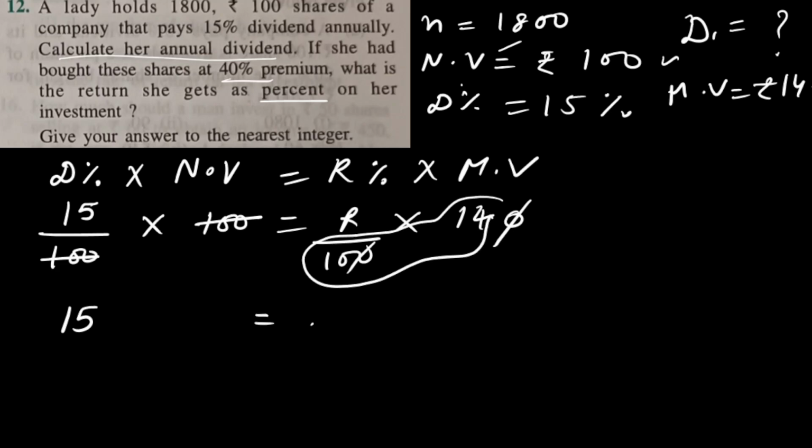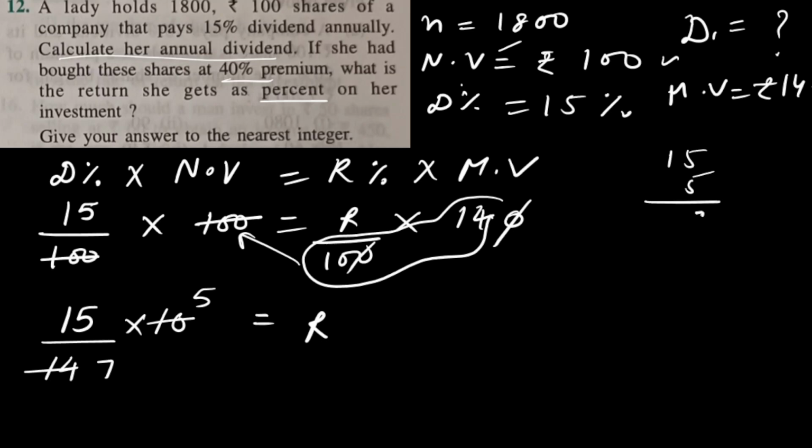Here also this 14 and 10 we will shift to the other side. 14 is getting multiplied with R. We don't have to shift the unknown variable; the unknown variable we will keep on the same side itself. Other things will shift. So 14 is getting multiplied with R, when I shift it to the other side it will get divided. 10 is getting divided with R, when I shift it to the other side it will get multiplied with this number. So let's do cancellation. 2 into 5 is 10. 2 into 7 is 14. So 15 into 5, 5 into 5 is 25.